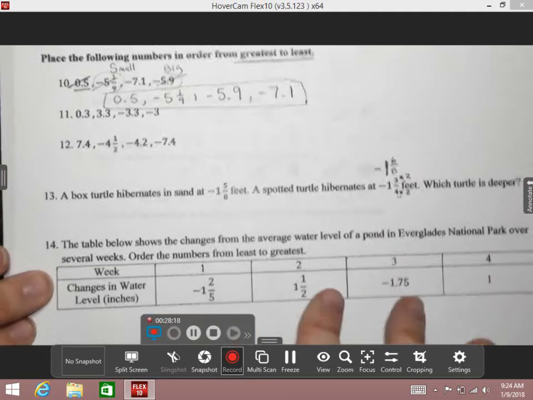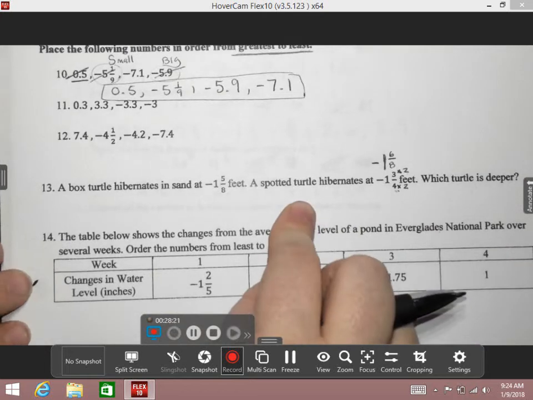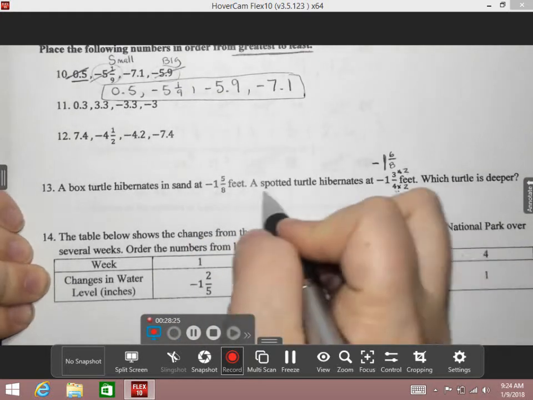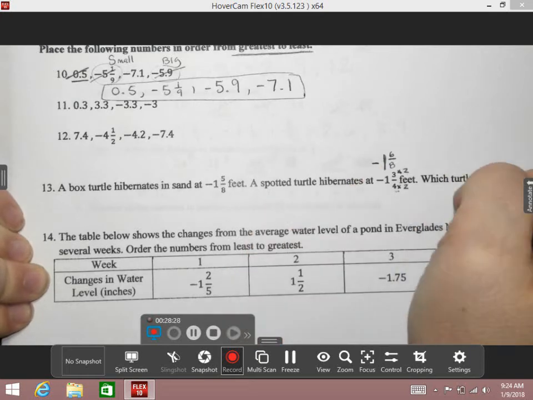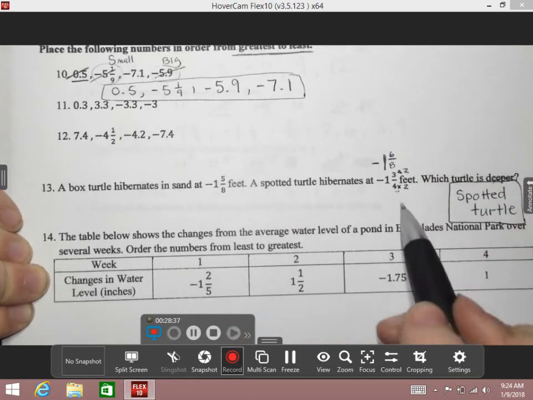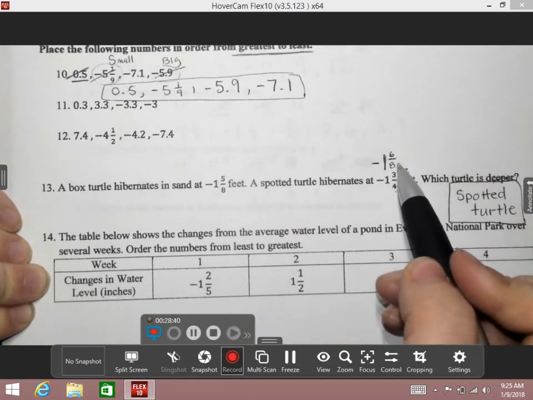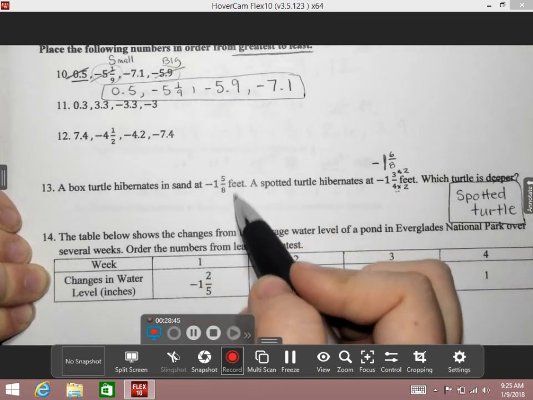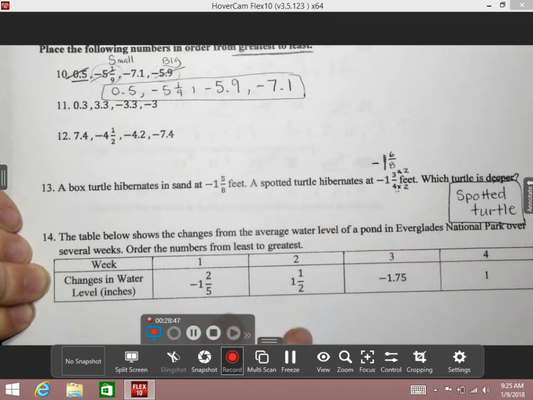So which turtle dug further down? Faith. The spotted turtle. So which turtle is deeper would be the spotted turtle. Because he dug 1 6/8 down, where the box turtle only dug 1 5/8 down. Okay? All right, so the rest of the homework, I want you to finish the rest of the worksheet on your